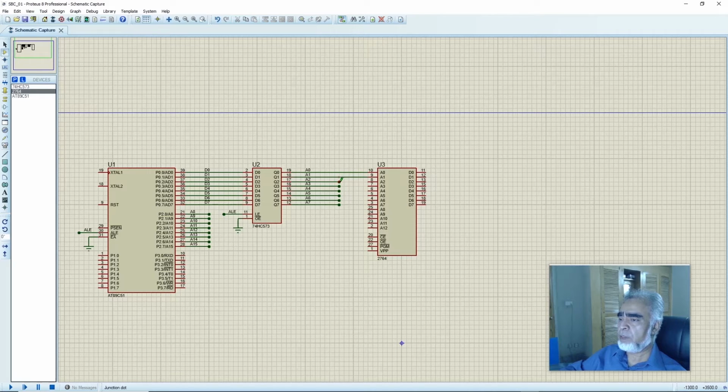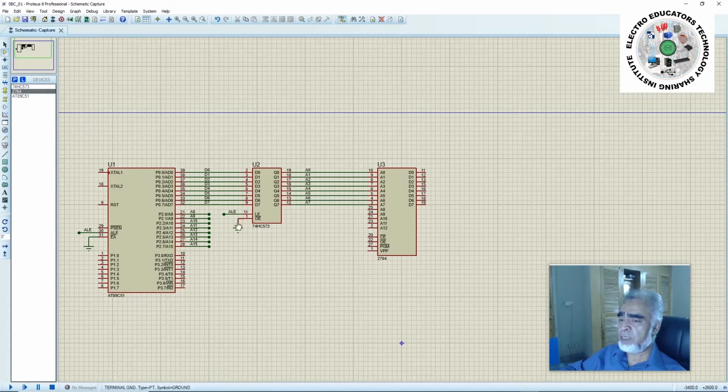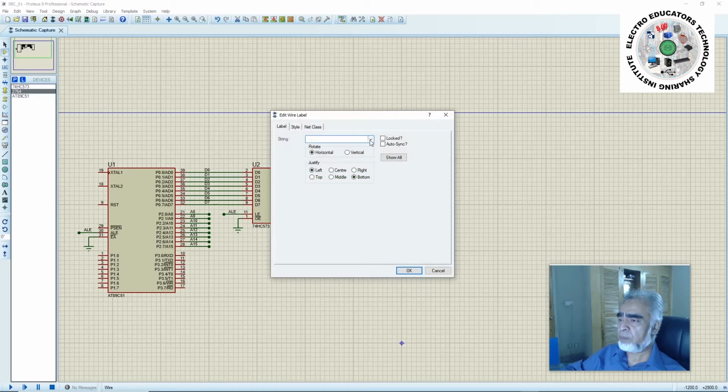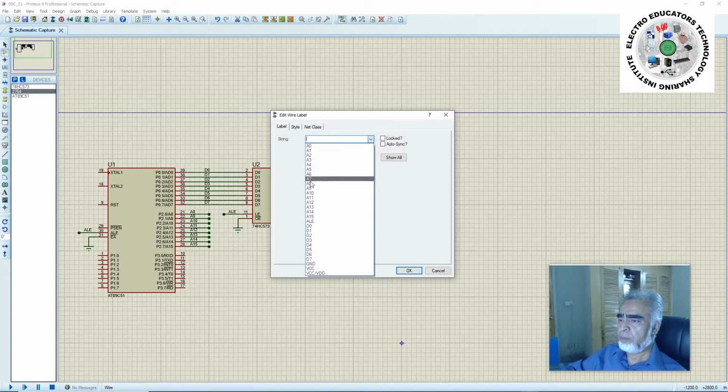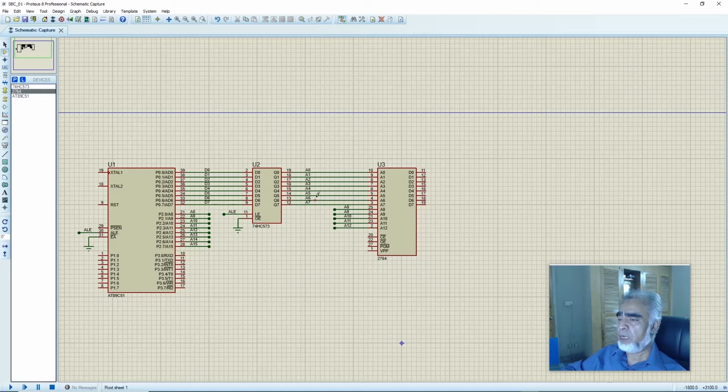A1, A2, here we have connected all 8 addresses, that is from A0 to A7 of the ROM, with the addresses A0 to A7 of the microcontroller, and the remaining addresses, that is from A8 to A12, will be connected to the addresses, that is from A8 to A12. So here we will write A8, and here we have connected all the addresses, that is from A0 to A12, with the ROM.